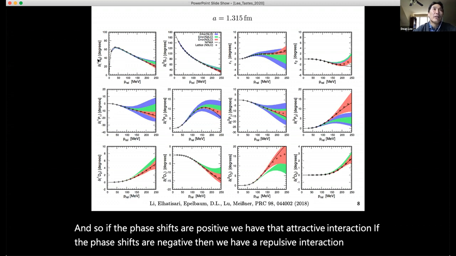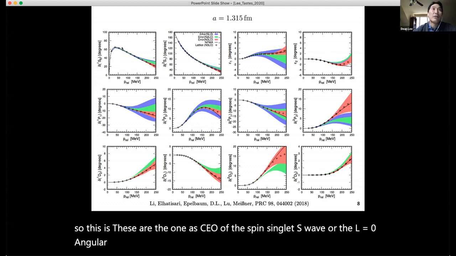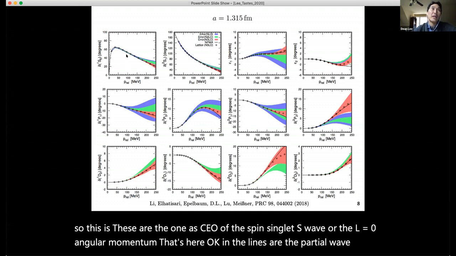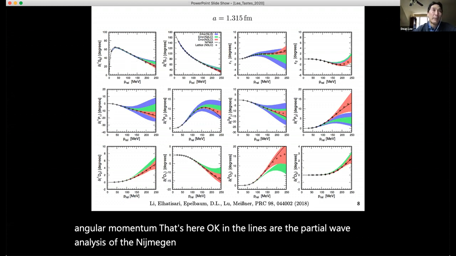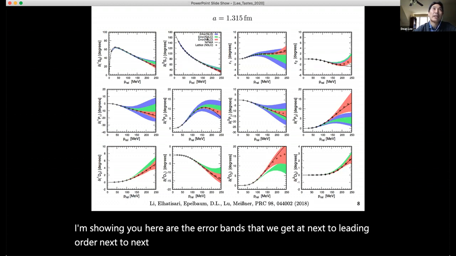And so these are the 1S0, the spin singlet S wave, or the L equals 0 angular momentum. That's here. The lines are the partial wave analysis of the Nijmegen data, the experimental data, the empirical analysis. What I'm showing you here are the error bands that we get at next-to-leading order, next-to-next-to-leading order, or next-to-next-to-next-to-leading order, and how well it fits